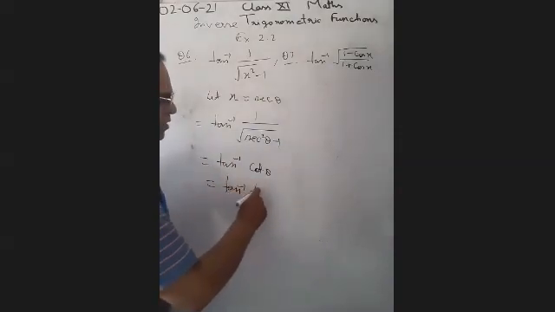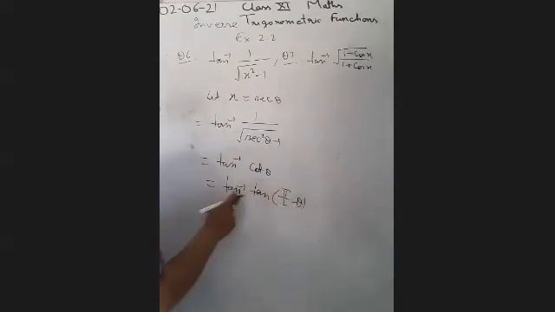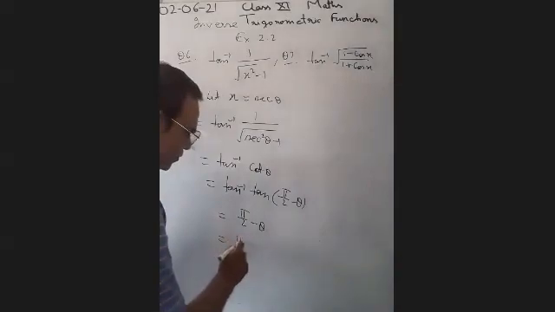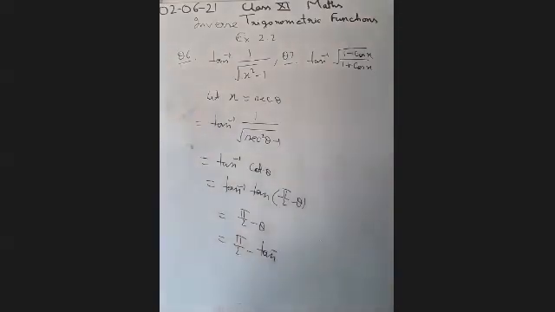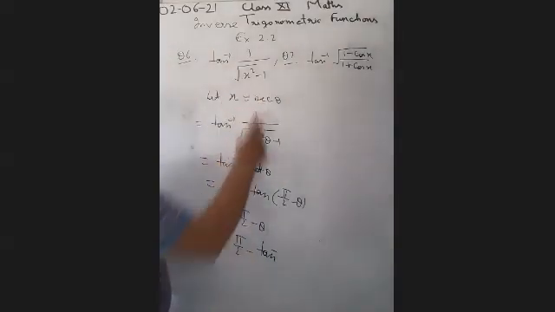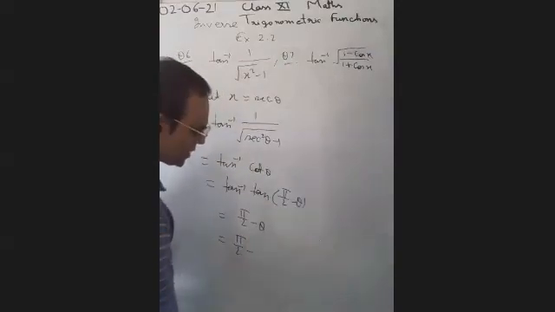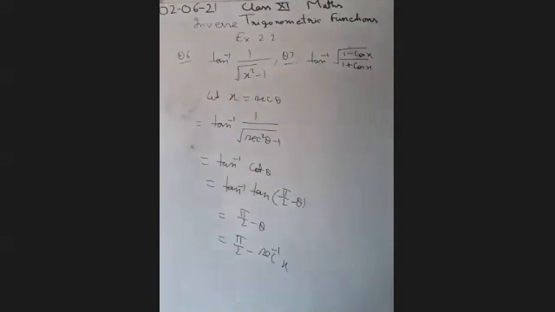into tan by using the formula tan 90 minus theta, pi by 2 minus theta। Now tan inverse tan is equal to pi by 2 minus theta। ठीक है, pi by 2 minus theta। तो in place of theta we can put the value sec inverse x। Now we assume that x is equal to sec theta, so theta we have to write the value of in terms of sec inverse x। This is the answer। So pi by 2 minus sec inverse x, so you can write the cosec inverse